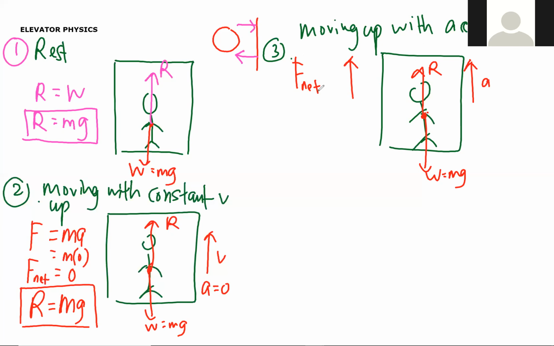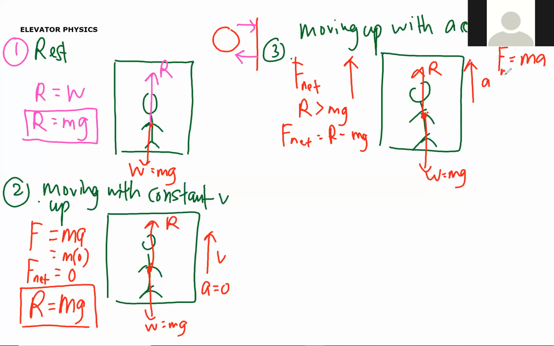So if there is a net force acting up, meaning that the reaction force must be bigger than your weight, so that you move up, right? So R must be bigger than mg. And if I want to label the F net, I will take R minus mg. This is the resultant force, right? R minus mg. So from the equation of motion, F equals to ma,